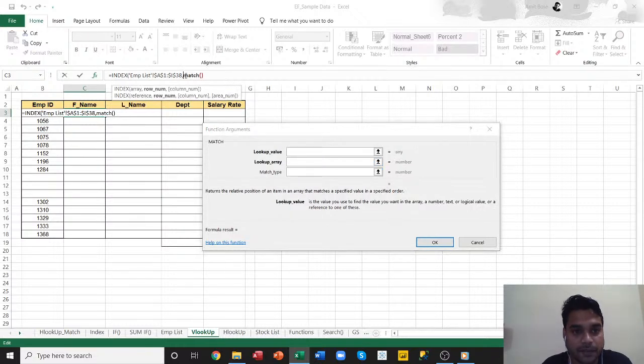And if I click on this particular match function, this function has 3 arguments. So I'm using a function within a function. So this is a match function which has 3 arguments: lookup value, lookup array, and the match type. So I will take the lookup value as